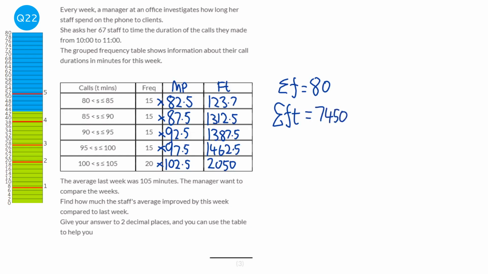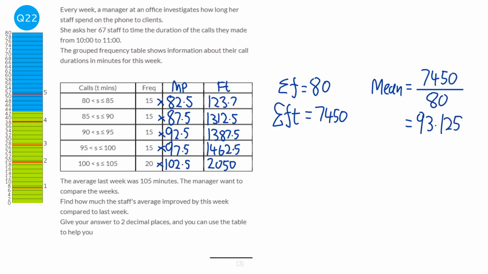7,450. So what this column represents is all the numbers added up together. This column represents how many numbers we have. So to find the mean, it's all of the numbers added together, which will be 7,450, over the amount of numbers we have, which is 80. So when you do that, we get